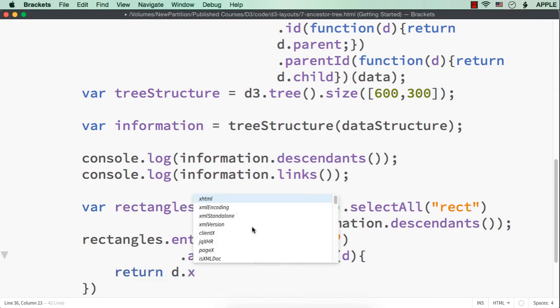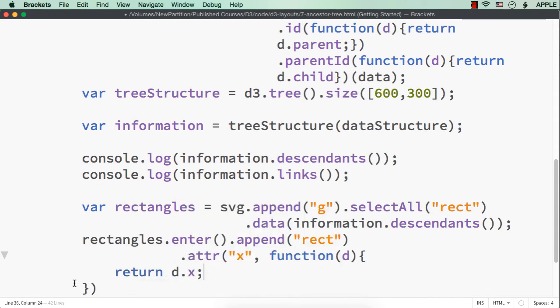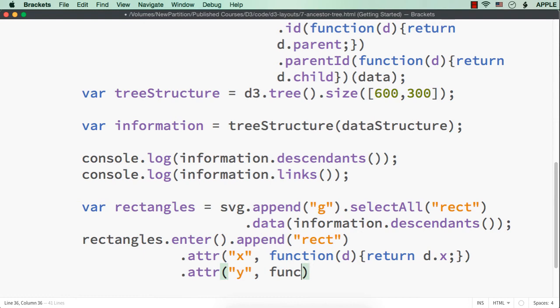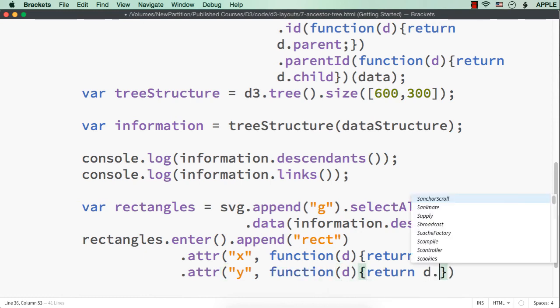This will give us the value of x. Let me move this a bit to align it properly. We can even display it on the same line. Then we need to set the value for y. So attr of y comma function d return d dot y.